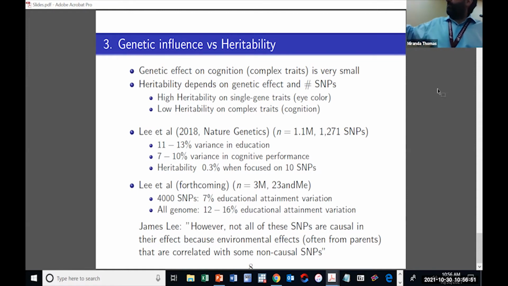Now, look at the first study. They also talk about how they found thousands of those SNPs. And even when you look at just 10 of those SNPs that could explain most of the variation, the heritability is 0.3. And that's because you have so many genes that could determine the outcome that even when you can explain a lot, which you cannot, it doesn't pass to the next generation genetically.